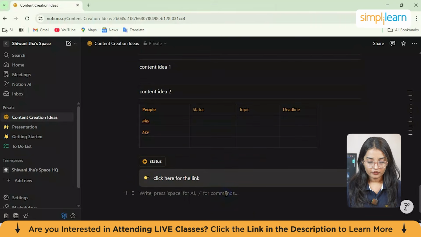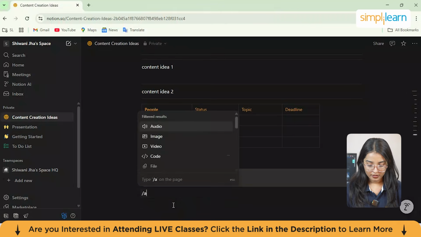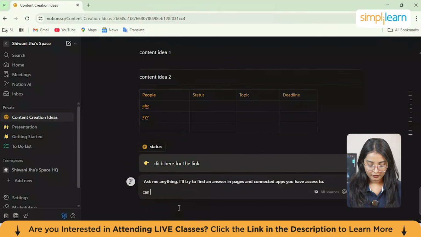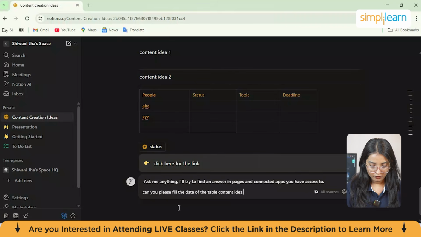So now I'll show you how you can use AI. Since we have created our table, now I'll show you how you can use AI to actually customize your table from here. So let's suppose I write slash AI, and now I'll say, AI, can you please fill the data of the table, content idea 2, where I want you to keep